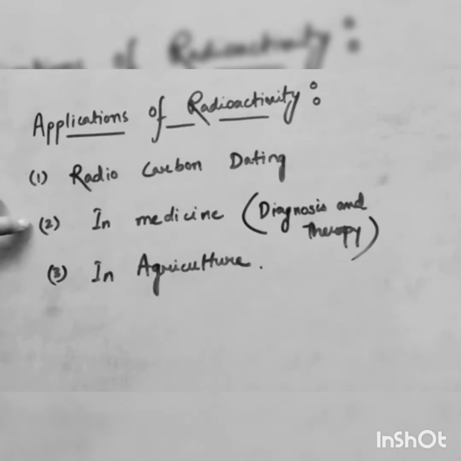Okay, so the next is it is used in medicine. So this is the most used area of radioactive radiations. It is used in diagnosis and therapy. You already know that radioactive isotopes are used to determine the location of cancer patients. It is used in case of cancer patients. It is used to determine the condition of the human thyroid gland. It is also used to locate hemorrhage within a body or the human brain. So it is basically used in all diagnosis and therapy in the medical